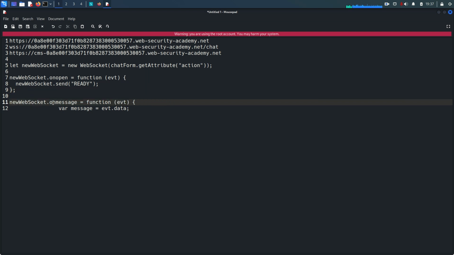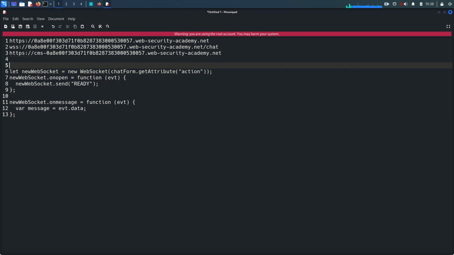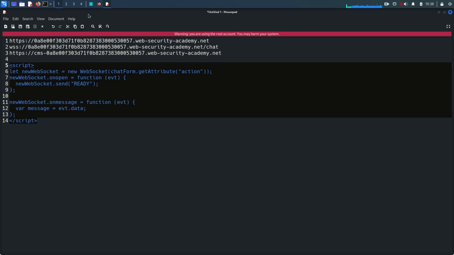Then what I'm going to do, on message, this function event will be called. Whatever data with that event exists, it is going to take that within the variable message. Fine, and because this curly braces is open, we need to close it. Okay, this is perfectly fine, and I just want to put here script tags, and we need to close that script tag. Fine, and I'm gonna copy this back here, go to the exploit server,